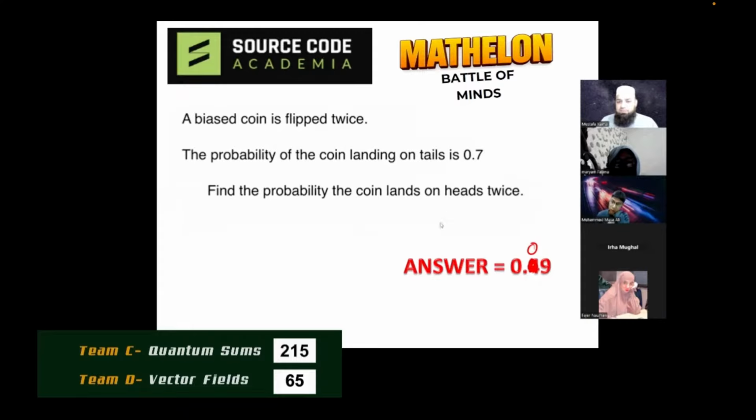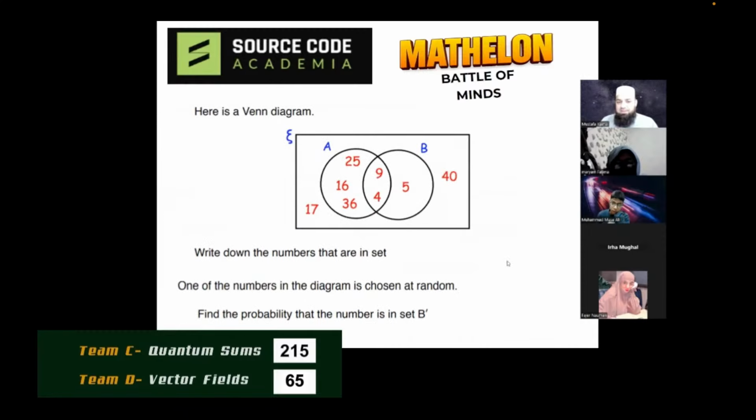All right. Move to the next question. Here's a Venn diagram. Write down the numbers that are in set A. One number is selected at random. You need to find the probability that the number is in the set B complement. Team D, Nihal. Yes, Nihal? Team D,